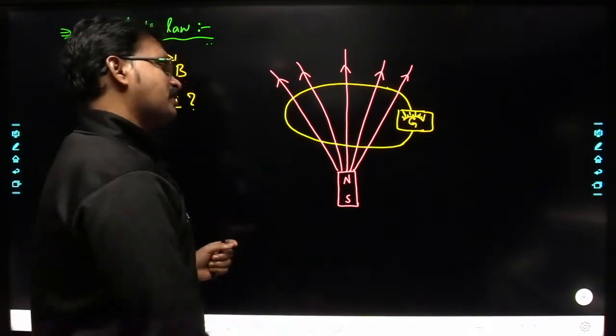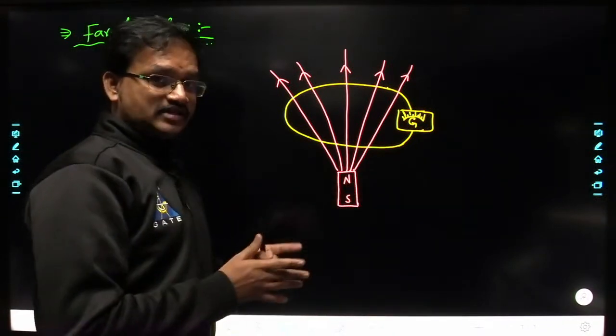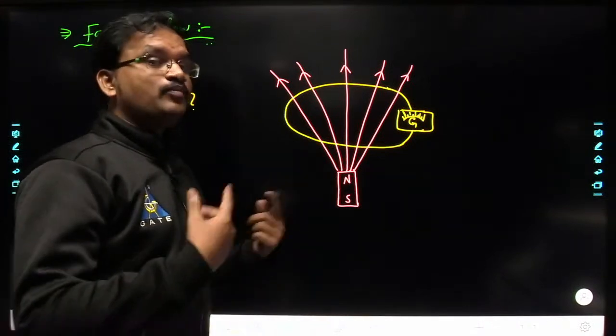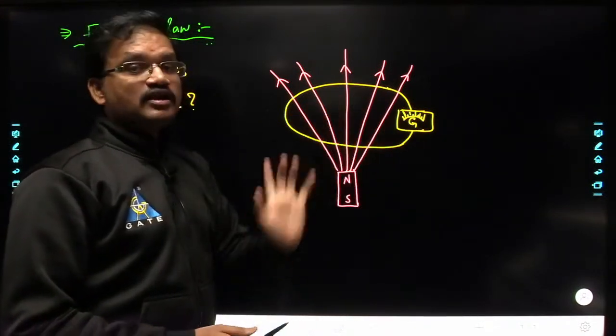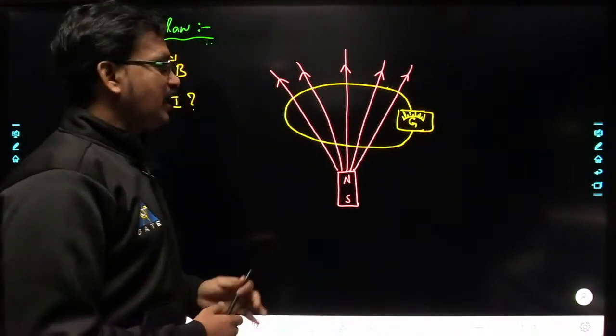So he has taken the magnet nearer to the loop and away from the loop. In both the cases, whenever he is moving the magnet nearer to the loop and away from the loop, he is observing the deflection in the galvanometer. Okay, so next what he has done is he